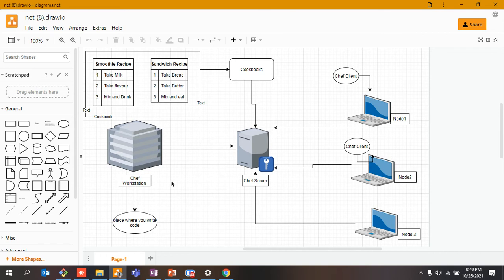Okay. So in order to understand what this is all about, there are some terms being used. This is chef server. I hope you guys will be able to understand. Chef server is the location where we would be uploading our code, right? And these are the computer systems that would be coming and making requests. Chef client would be installed on each and every node, which would be coming and asking for the latest code. So this is a chef client.